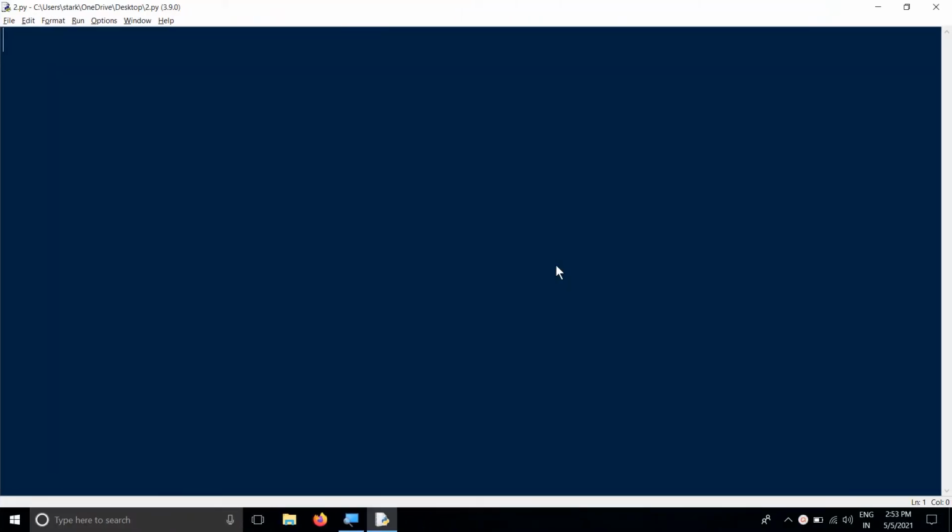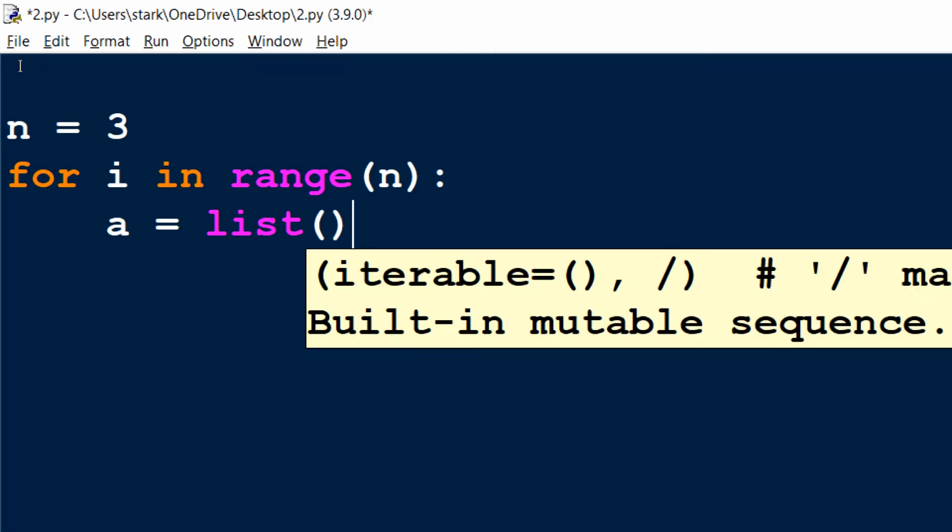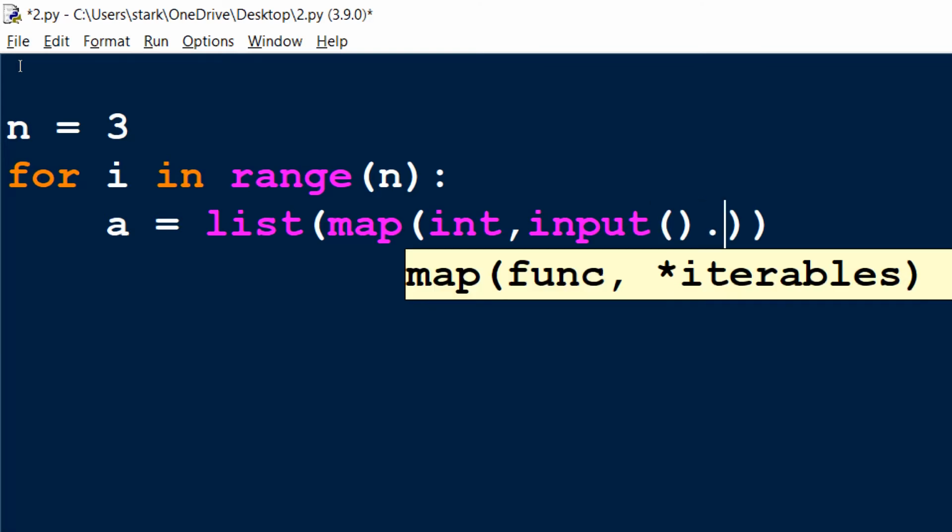So now I'm going to take n is equal to 3, as n is for the number of rows. So now for i in range of n, a is equal to list of map of int comma input dot split.